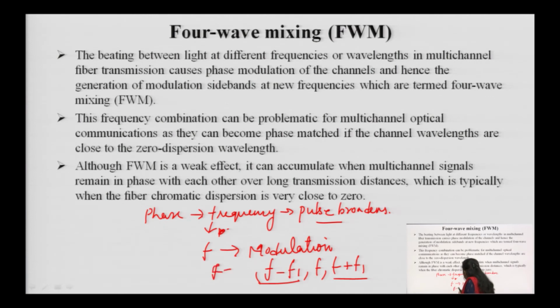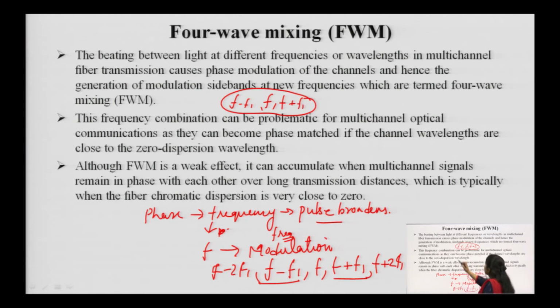Similarly, f minus 2f1 or f plus 2f1. So, these are the conditions which occur when we have a frequency modulation, and this will occur as a sideband, because if we take any frequency adjacent to the initial frequency f, it will be represented as a sideband to it. So, there is generation of modulation sidebands at new frequencies, which are termed as